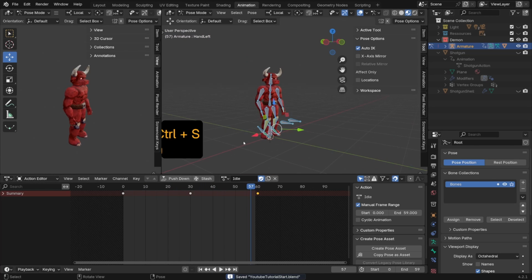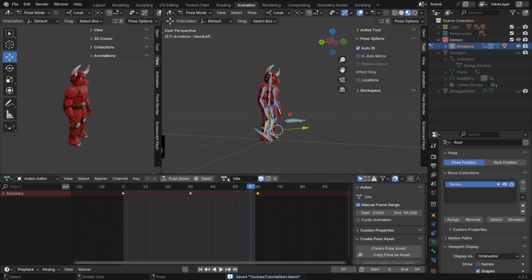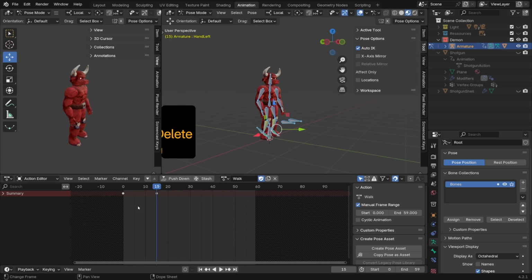So now we're gonna make a walking animation. To do that, we can create a new action by clicking here. Let's call it walking or walk, whatever you want. Make sure to use the little save shield. I'm gonna make a new keyframe, delete the other one,